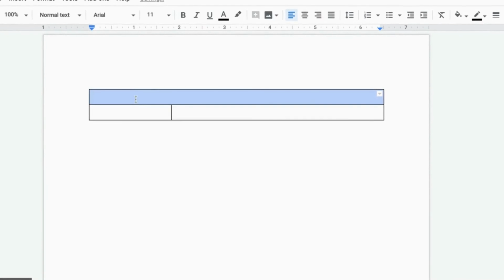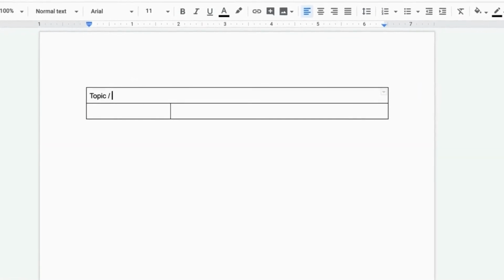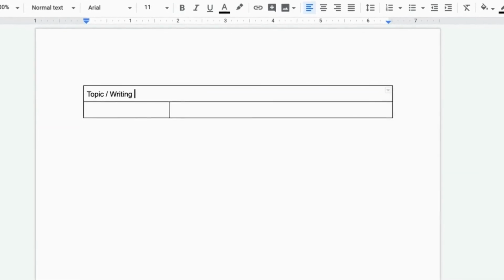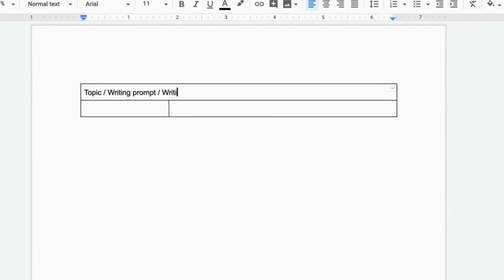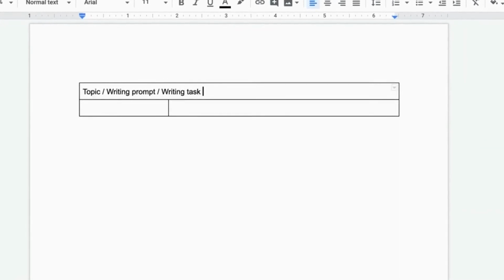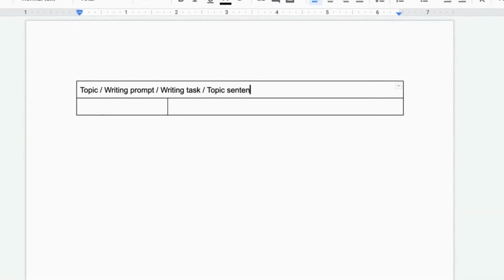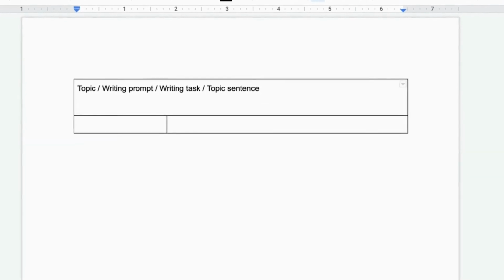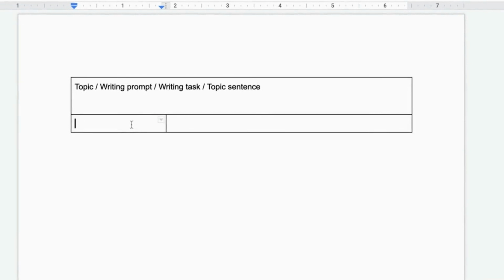The second part of the table is the keyword section. This section contains all the words that support the topic sentence or answer the writing task. For our Renaissance example, it would be beauty, wisdom, and harmony. It serves as a mini brainstorm before writing. Students are less likely to say, "I don't know what to write about," when they have some ideas in the keyword section.